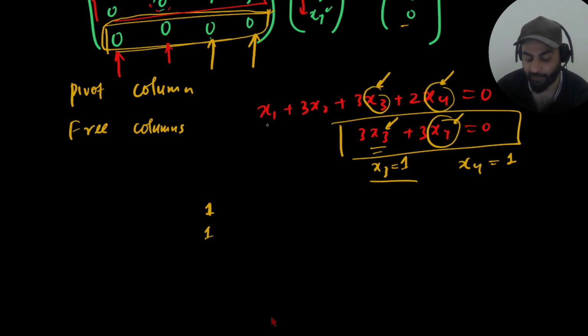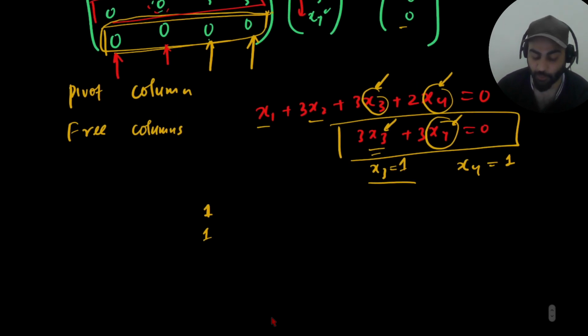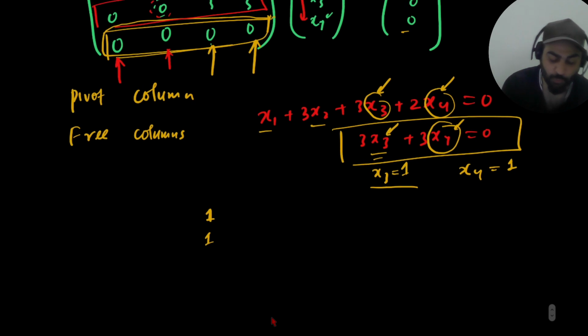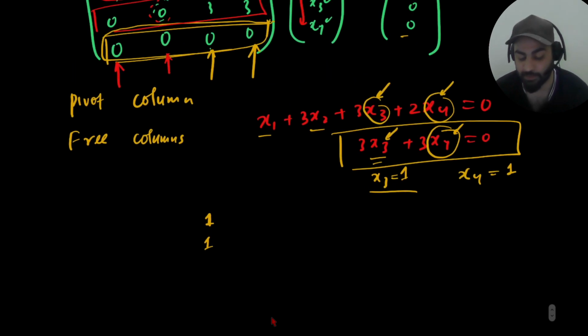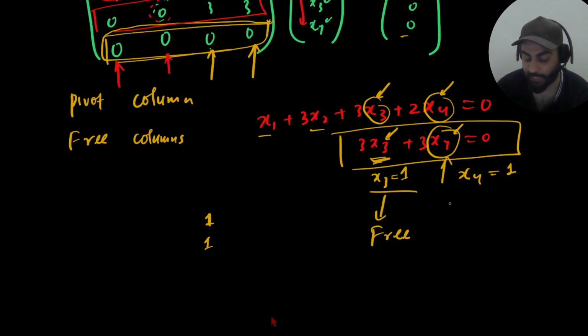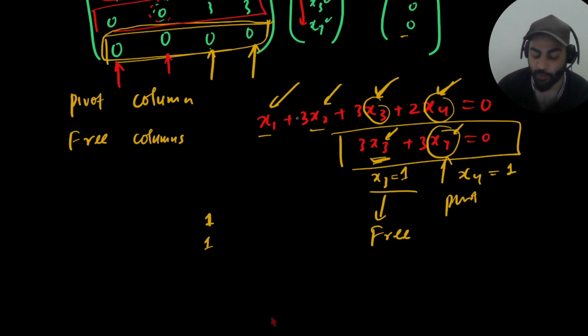So now I have x1, x2, the other variables. One of them I have to make a free variable. Here I told you that there are two pivot columns and two free columns. So here I took this x3 variable as free, and I took this x4 as pivot, because I got the x4 value by putting this. Now I can again substitute either x1 or x2 values. Either one of them I have to make pivot, because I have this x2 value now, x3 value now, in order to find the 4 or 3